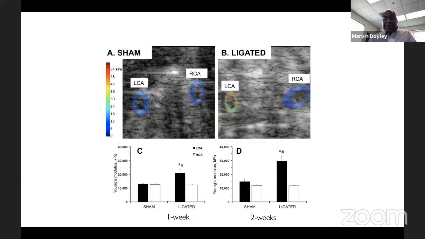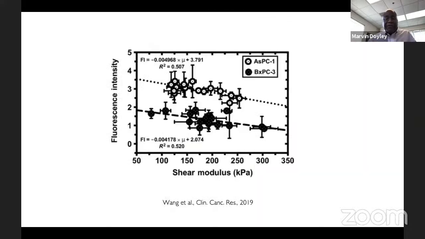All right, I'm going to wrap up now and say the last thing that we have done. We've also done some work looking at pancreatic cancer. And what we wanted to know here is how stiffness impacts the ability to deliver chemotherapy